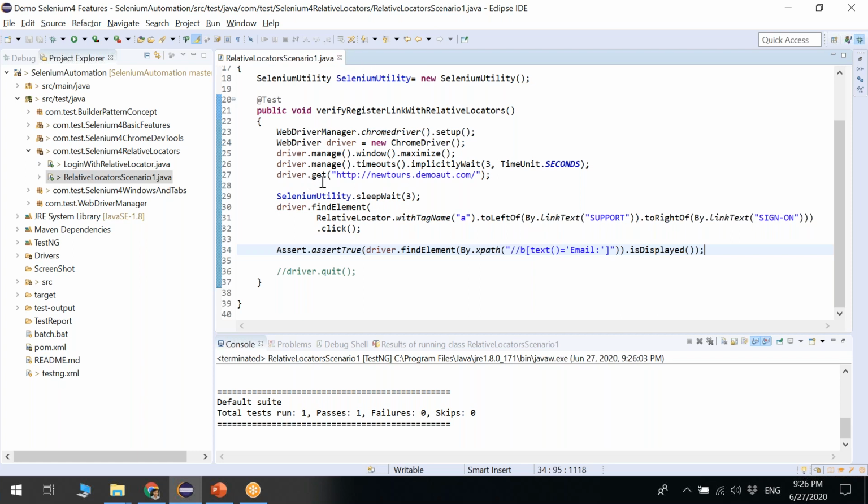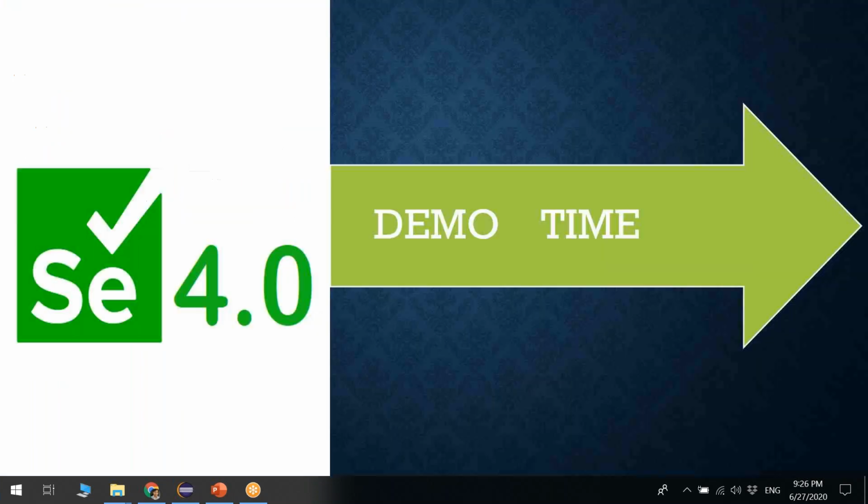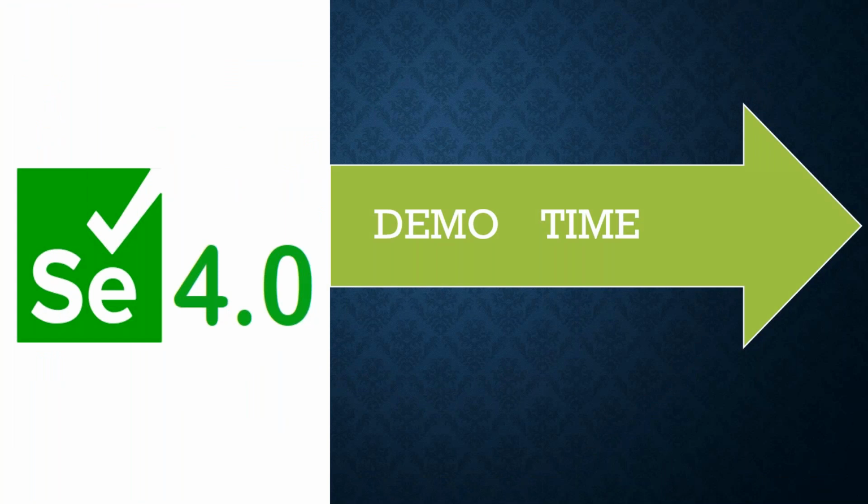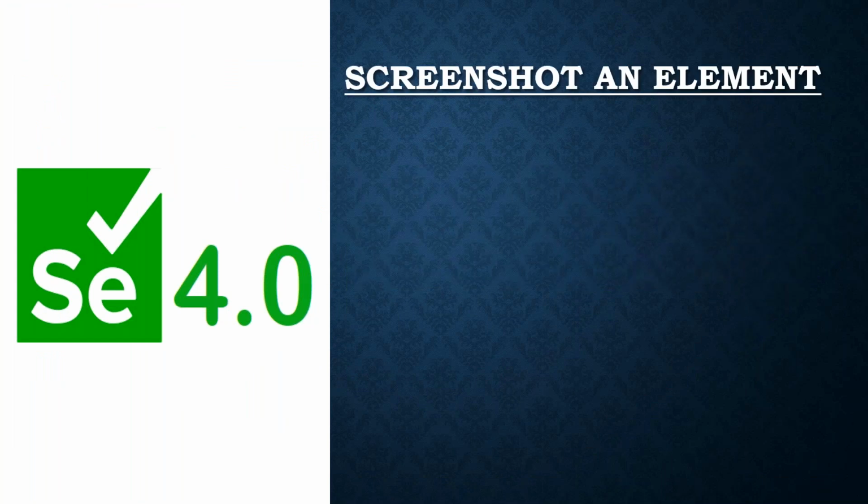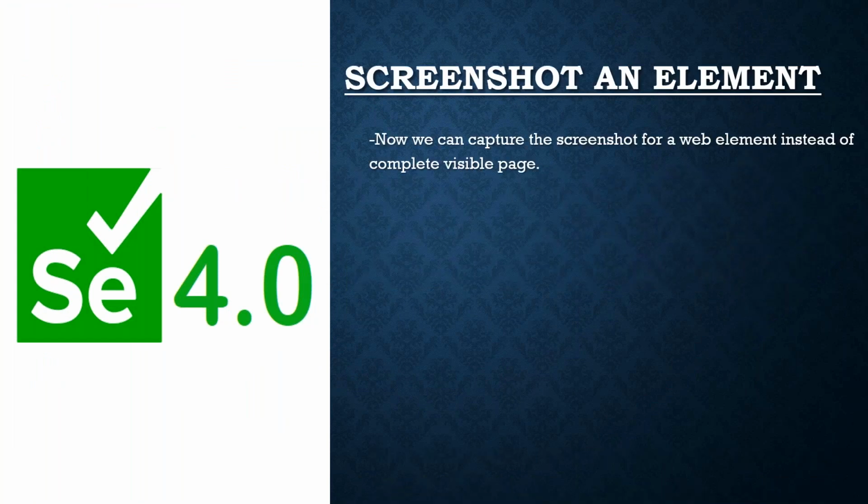Let me move forward to the slide. The next topic is screenshot of an element. Now we can capture the screenshot for a web element instead of the complete page. The size would be less than an MB, it would be in KB.